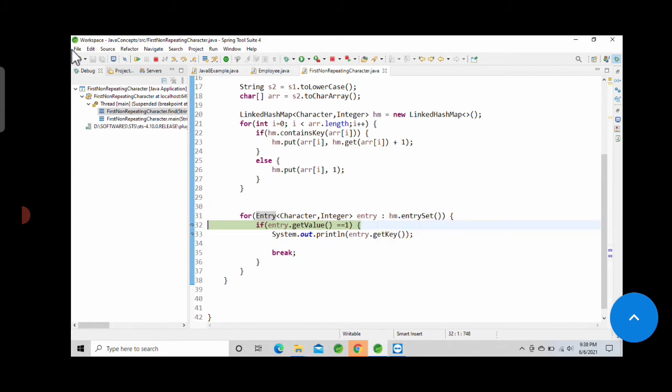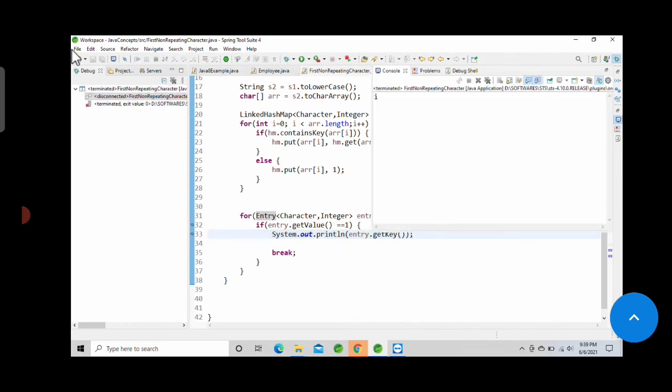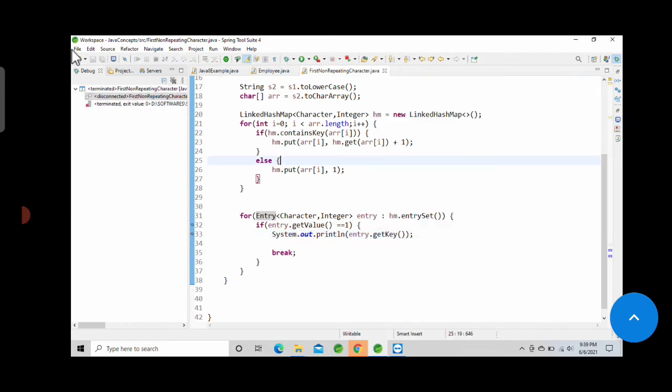Entry dot get value equals 1, no, it will not go into the if. Then resume. Now entry has i equal to 1, so it will return the key and break the loop. If we resume, yeah, it has printed i.